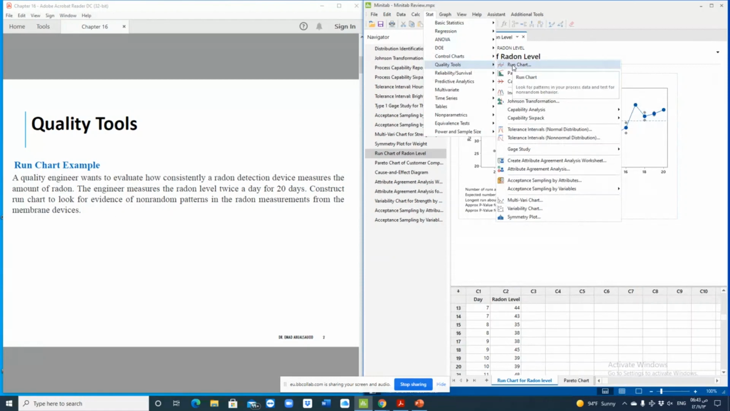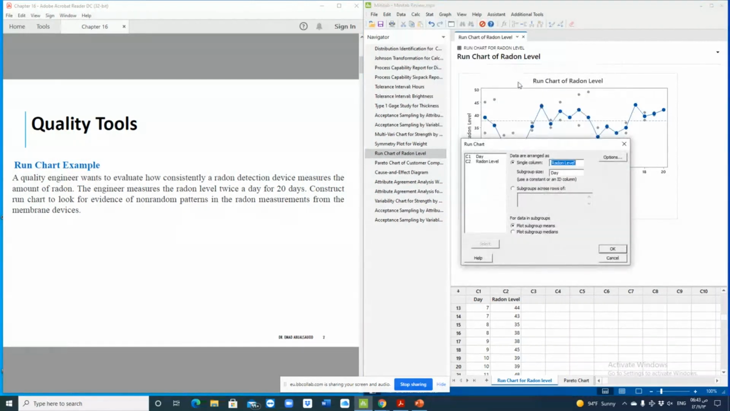And it says if you just leave the mouse there, it shows you the purpose of this tool. Minitab itself shows you that it looks for patterns in your process data and tests for non-random behavior. So it shows you the patterns that we already explained in the quality control course, and also the non-random behavior for the data. So in this case, what you will do is you are going to press on the run chart,